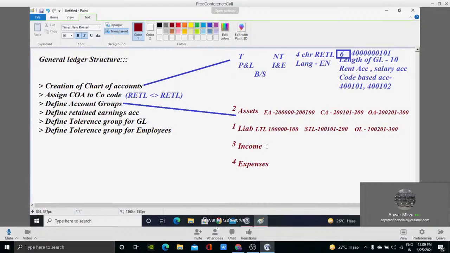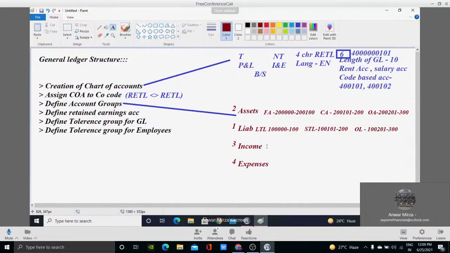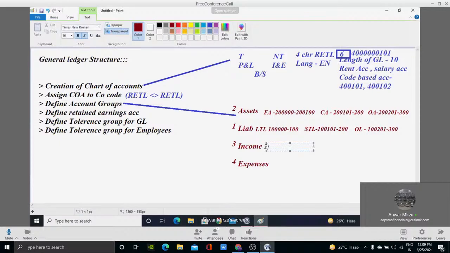Remember. Now, the income, 3 lakh. Before that income, we'll go for DI, that is direct income, 3 lakh to 3 lakh 100. Got it? Now, what are the direct incomes? Mostly sales, right? Which gives revenue directly. Now, the categories of sales, how many types of sales are there?